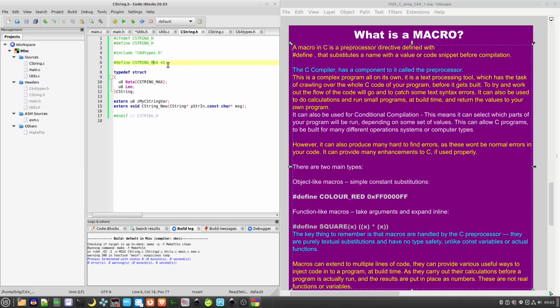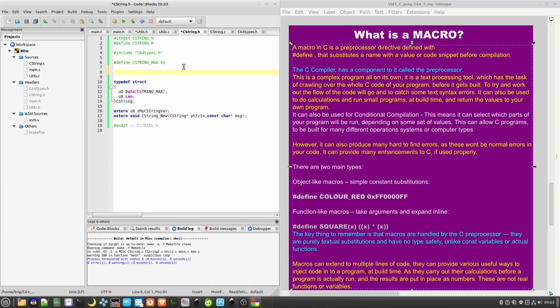So in here we have C string max equals 41. So what you can do is, using the if define here,